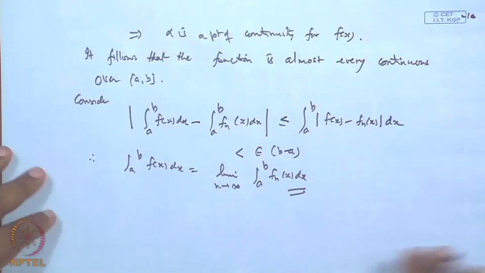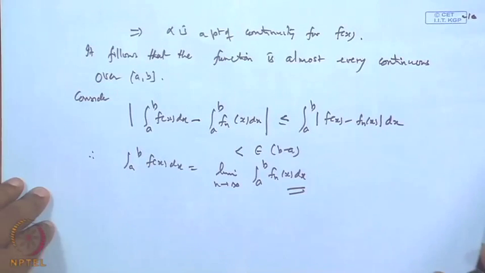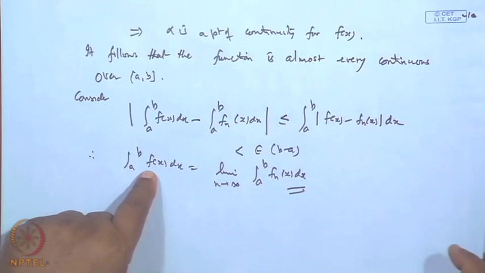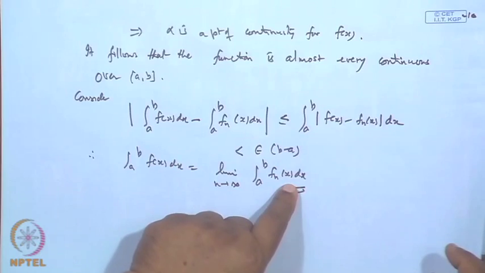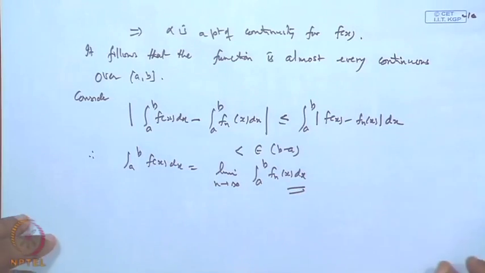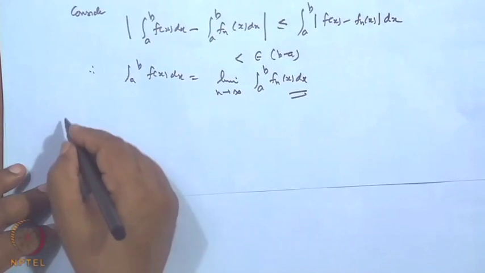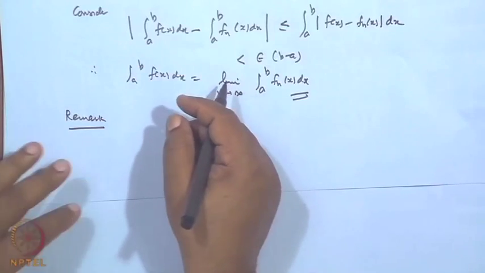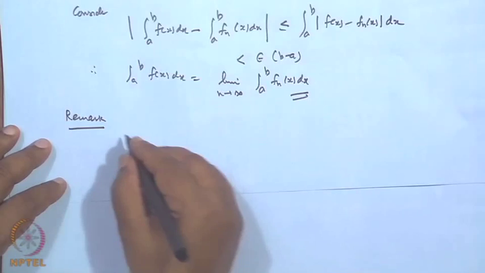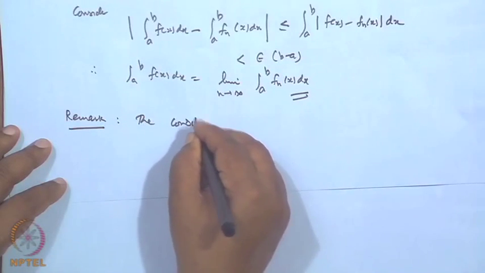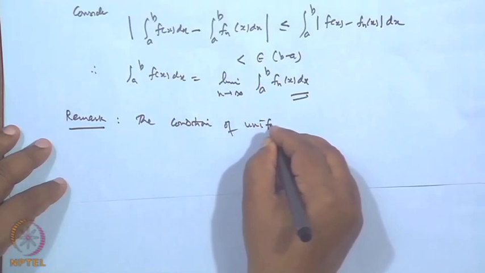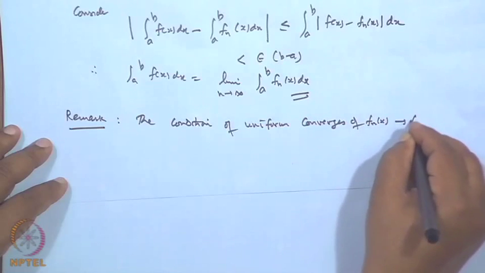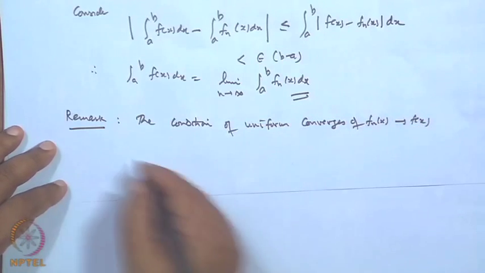So, this proves that if f n converges uniformly to f x, then f x will also be Riemann integrable, provided all f n's are Riemann integrable functions. Okay, so this proves the result. Now, again here we put a remark that the condition of uniform convergence is a must. The condition of uniform convergence of the sequence f n x to f x cannot be dropped, it is essential